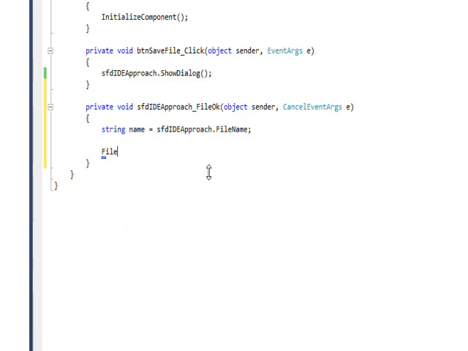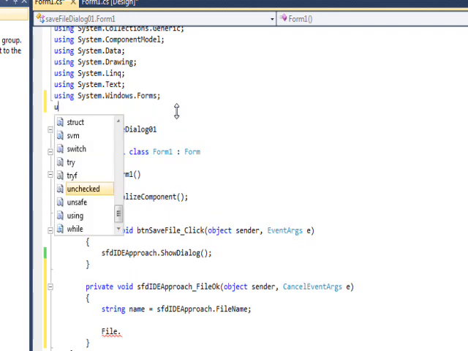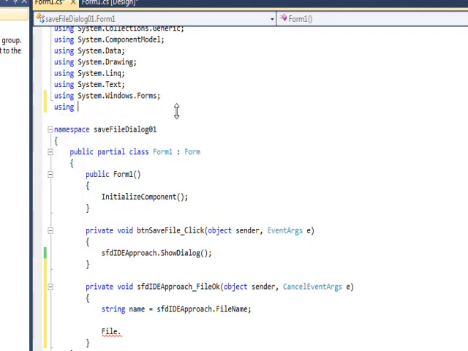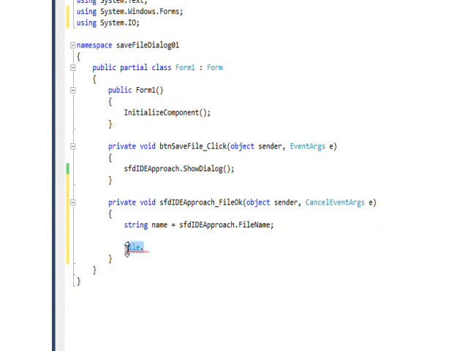Oops. Oh, file's not defined. We need to go up here to using system.io, and now when we type in file,